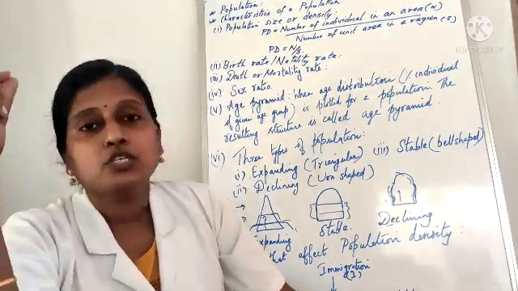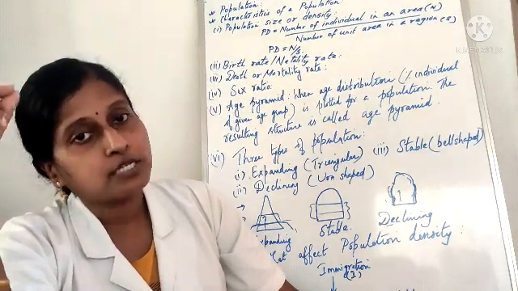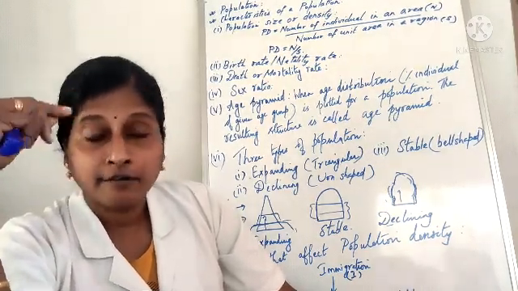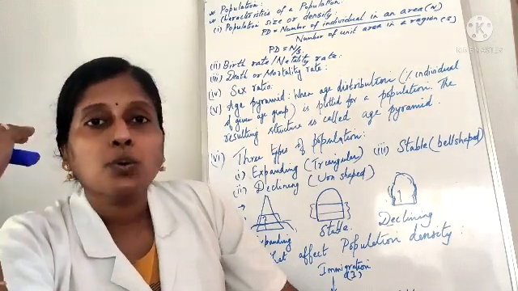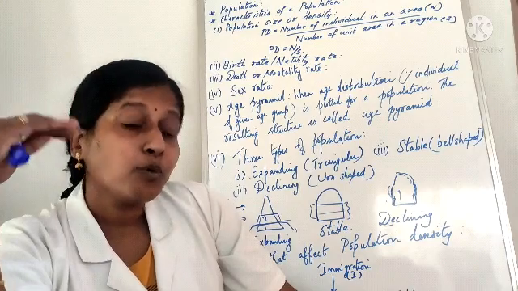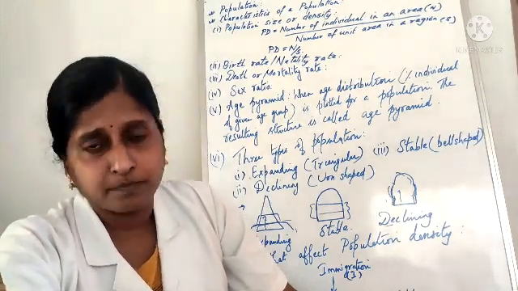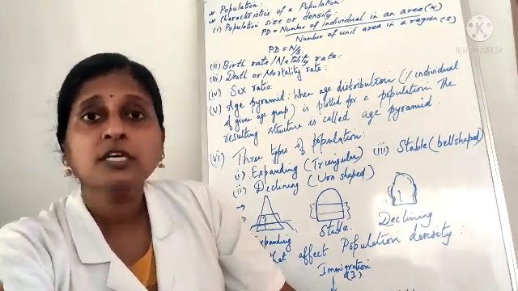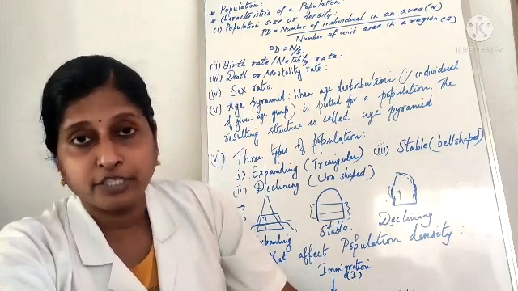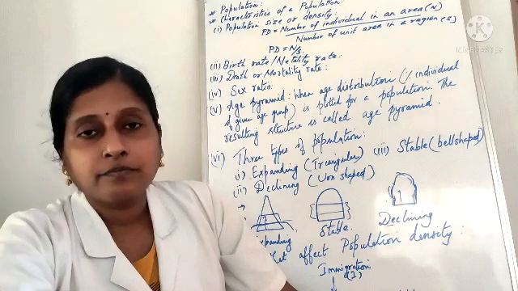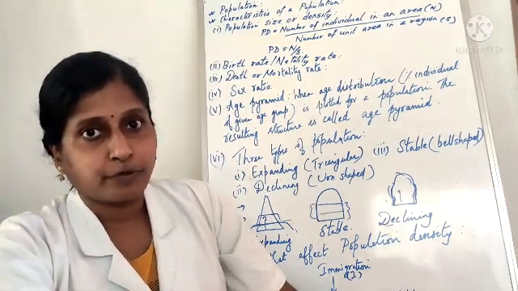Okay. Second one is your reproductive group. It means their sexual organs are well developed and they have reached maturity. They have reached the adolescent period. So that is the reproductive group. And post-reproductive means they have become old, have crossed the reproductive age, and they are not that efficient or viable. Okay. So that one we call the post-reproductive group.